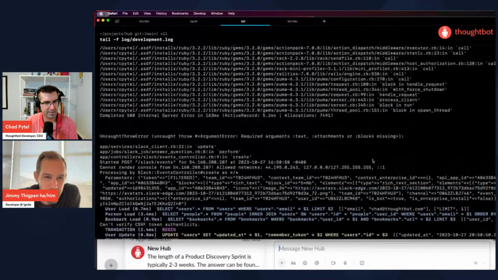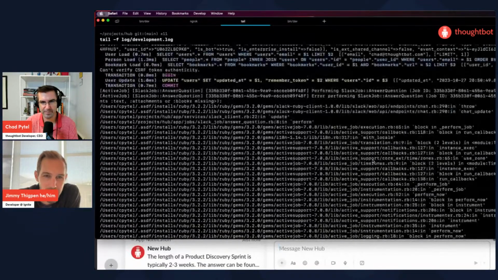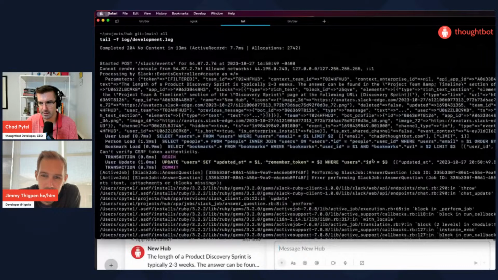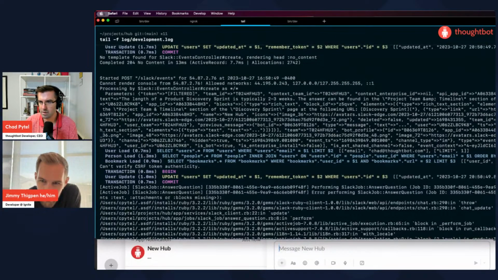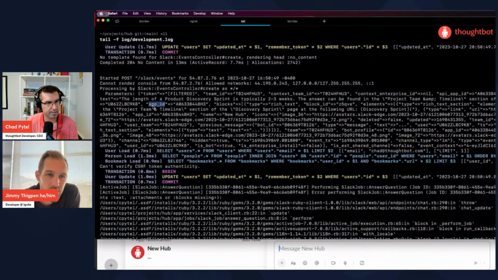The odd thing is that it looks right and then it just doesn't stop responding. Yeah, I think we're just missing something. With our answer question is enqueued with arguments nil and then, yeah. So the message changed event is coming through as an event of type message, subtype message changed. Okay. But app ID is present.